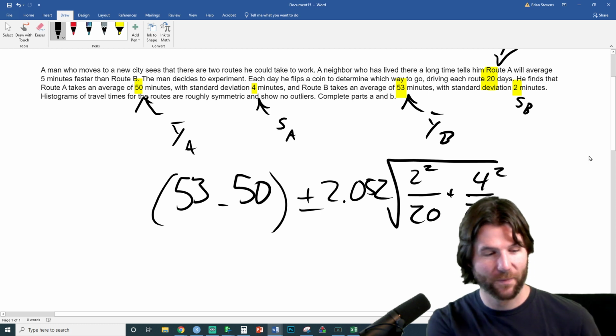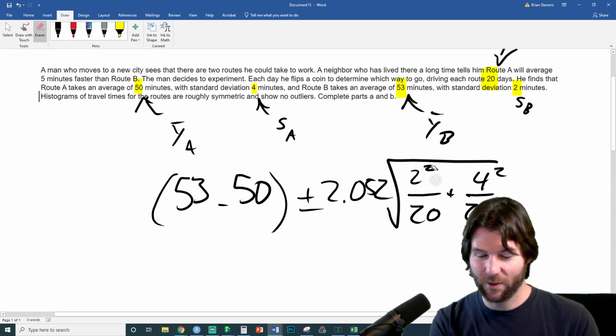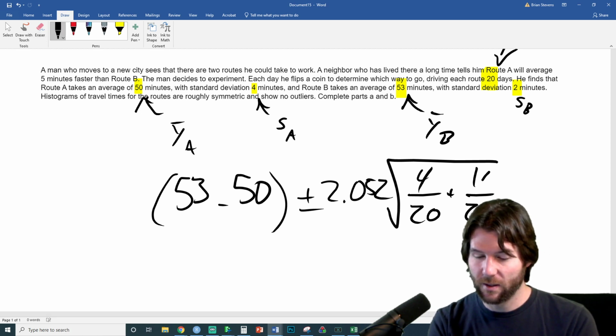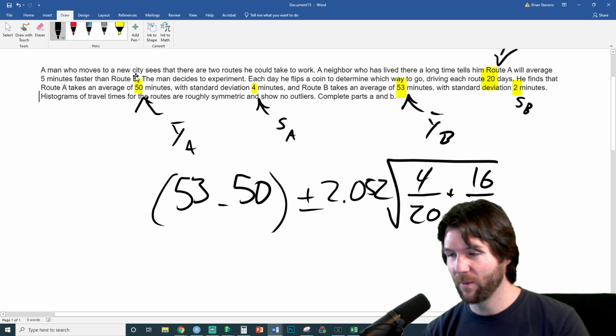Let me write it out and show you. I was doing it in my head, that's why I got it wrong. So don't count me off yet. But I'm trying to see where the error is while I do this. This is 4, this is 16. You're welcome, I was really helping out.